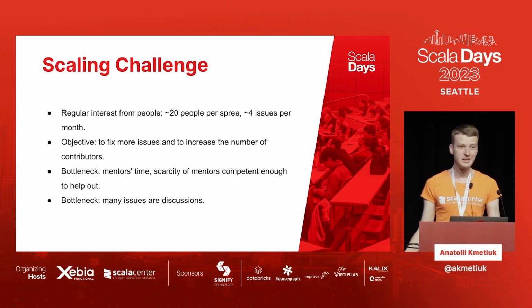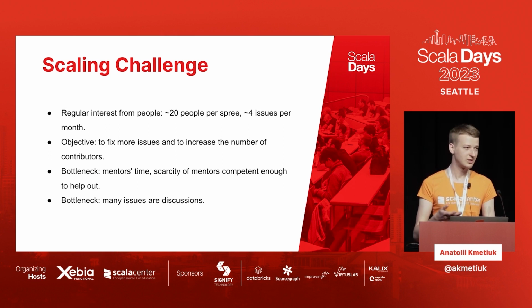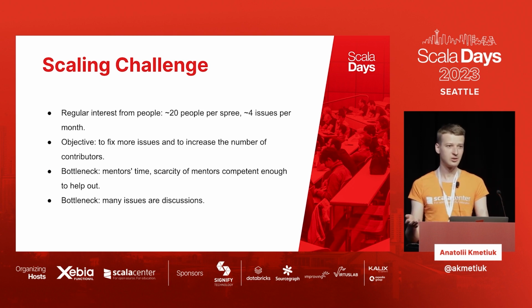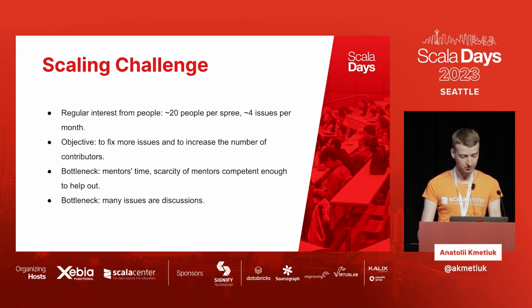So there will be debates of how type inference should work, and there are a lot of issues that have to do with this type inference. So it's not possible for people to just pick this issue, come to the spree and figure it out. So core teams, LAMP specifically, need to sit down and figure out what would be the solution for this particular type inference issue.